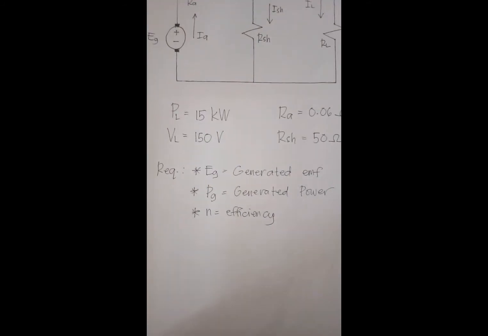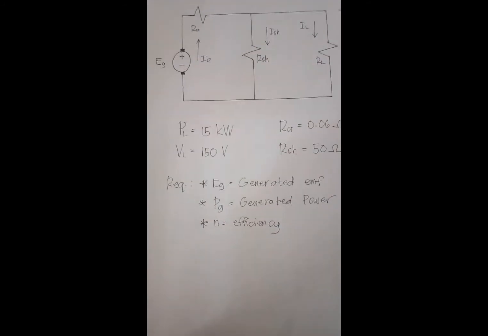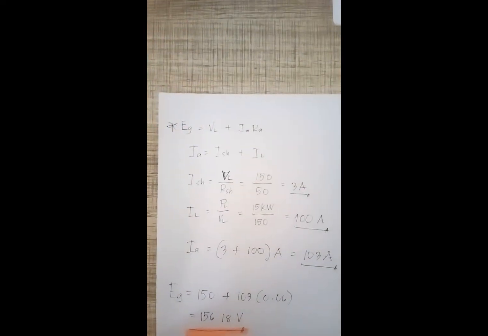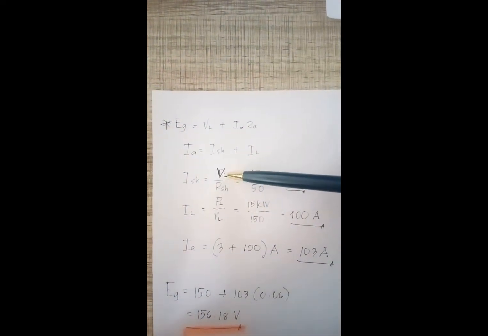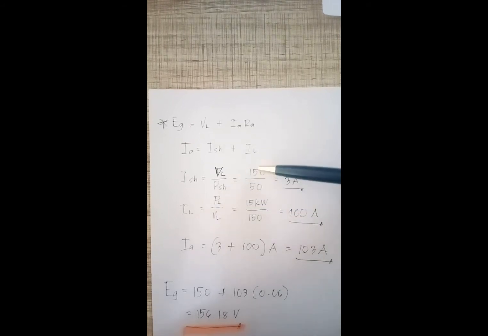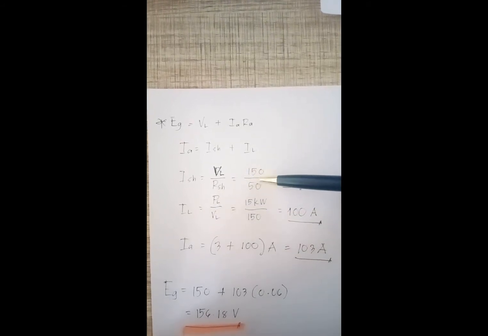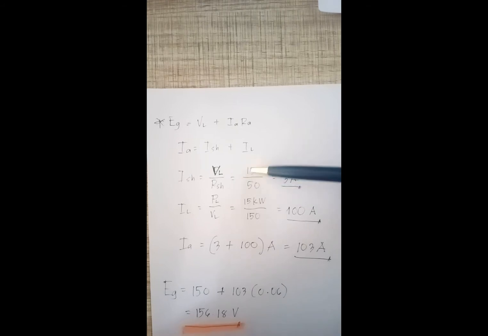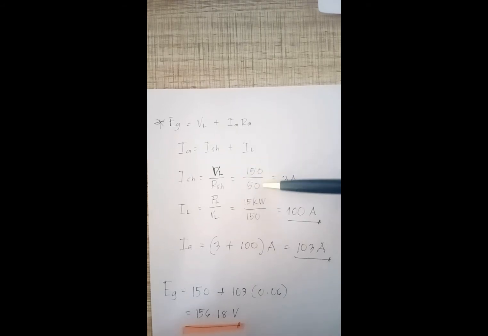That's why in getting this ISH, we use the load voltage over the RSH. Substituting 150 volts over 50 ohms, we get ISH equal to 3